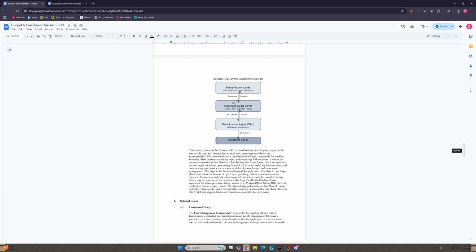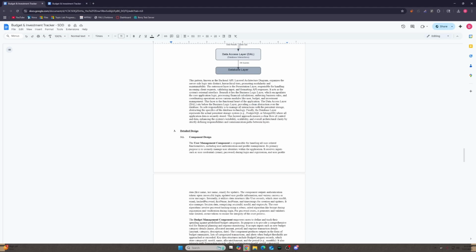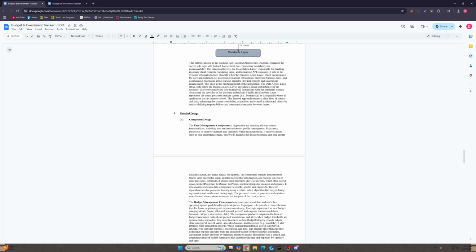Through our detailed design, components include user management, budget management, transaction management, investment tracking, reporting, and notification systems. Each component has well-defined inputs, outputs, and internal data structures. For example, the investment module calculates return on investment using real-time data, while the notification module will send alerts based